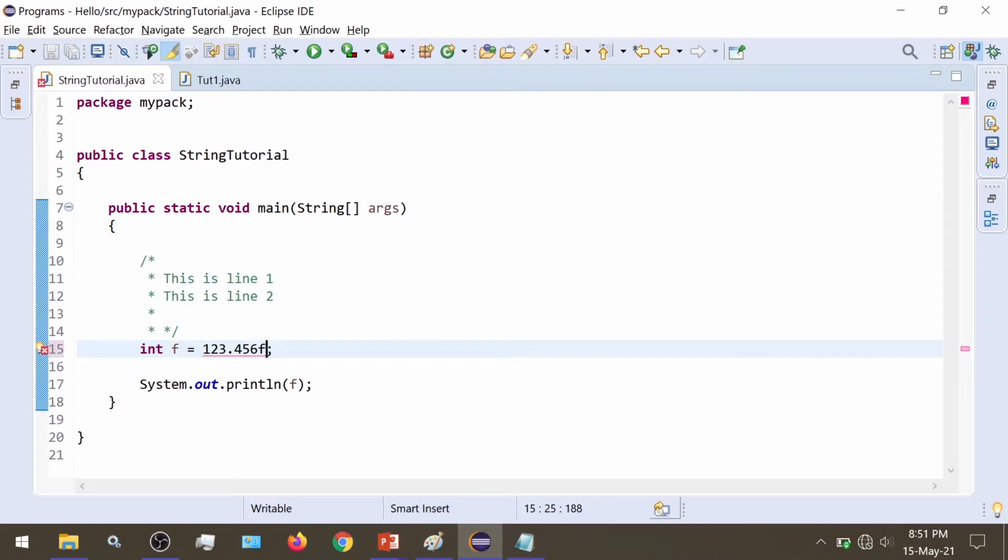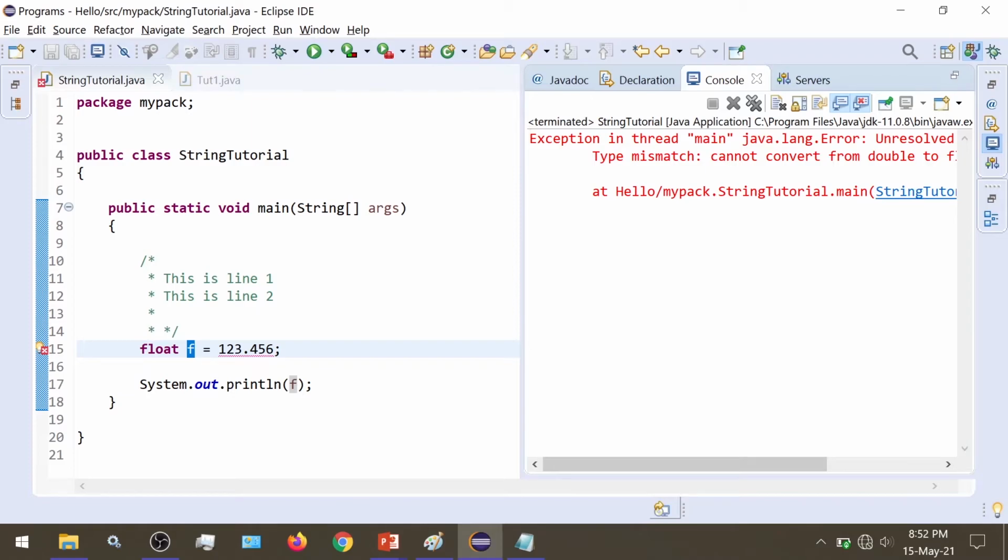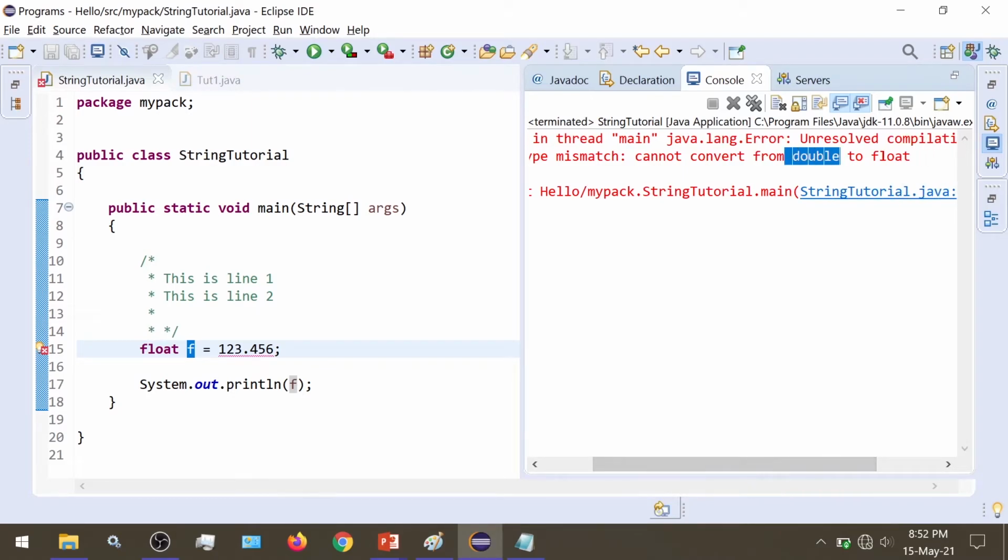Sorry, I have used it here, so I'm getting an error. Okay, so now the variable is of type float. Let's see. If I run this, we are still getting an error: cannot convert from double to float.